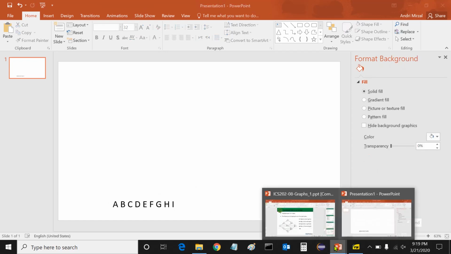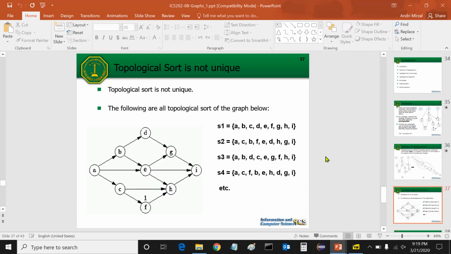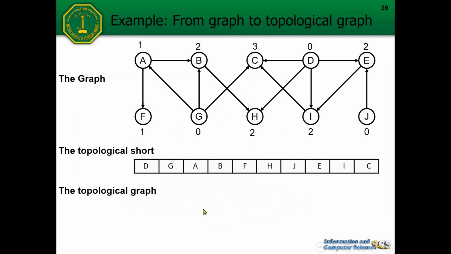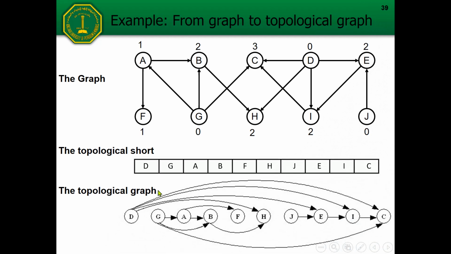Okay, everyone, I think the topological sort is not too difficult. You can really easily apply that algorithm to find the correct topological sort. Then after that, you can always redraw the graph by following this order. Then after that, reconnect all the edges according to the information of the edges from the original graph.